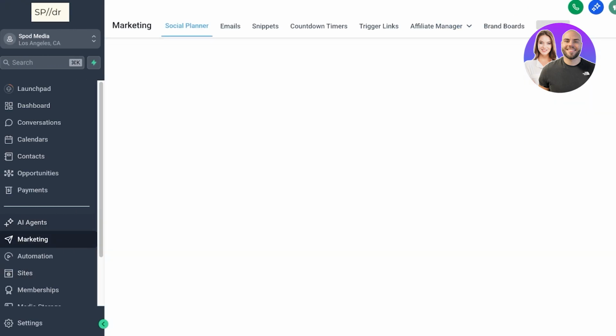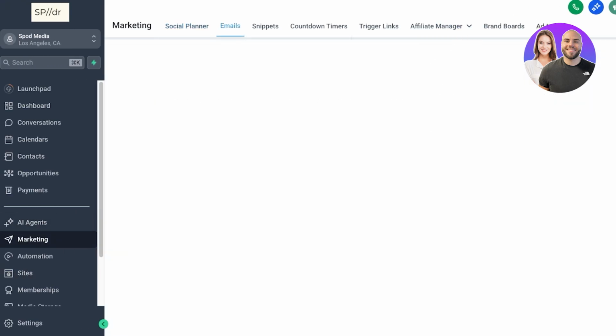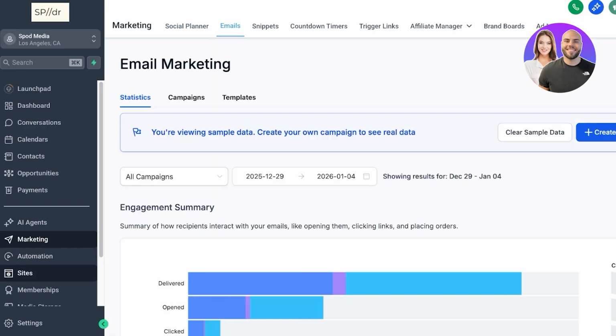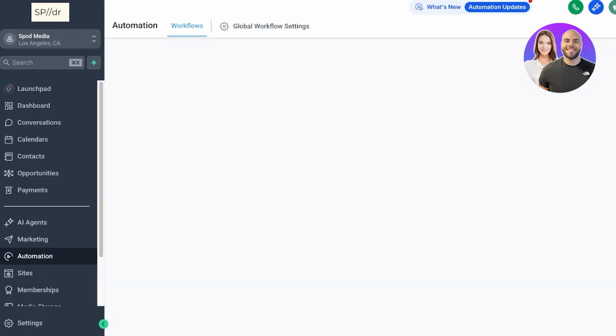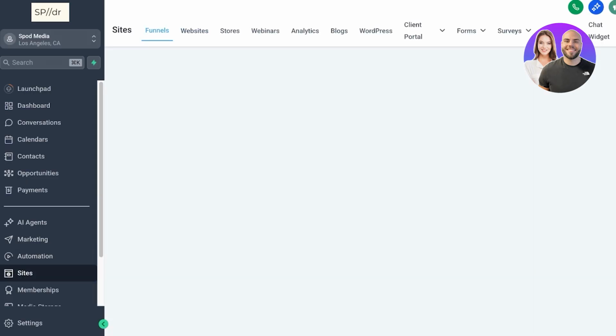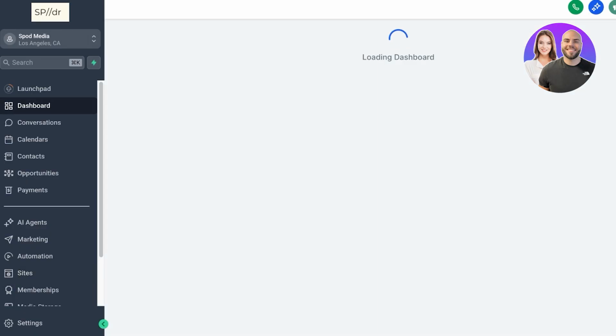Then you have marketing tools that are not even limited to emails. You have affiliate managers with countdown timers, trigger links, and so much more. And not only that, but in automation, you can build complete workflows from templates or from scratch, and even build your own landing page, website, store, and form. So whether you're trying to gather information using a survey, quiz, or form, you can find all of that on GoHighLevel. That is why I do think it's still an amazing affiliate to promote, because the value that their business provides is amazing. So that was it for today.